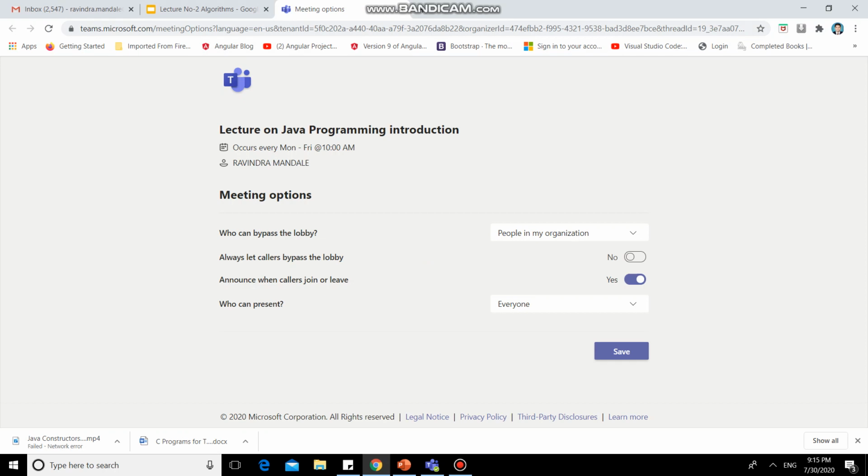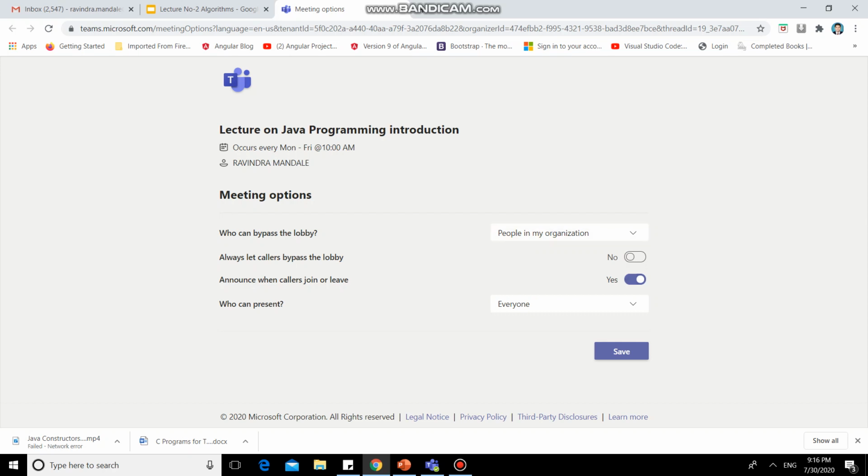Who can bypass the lobby? Lobby is nothing but the waiting room. Once your lecture has started, you need to select who can bypass that waiting room. So people in my organization, that means people in RIT.